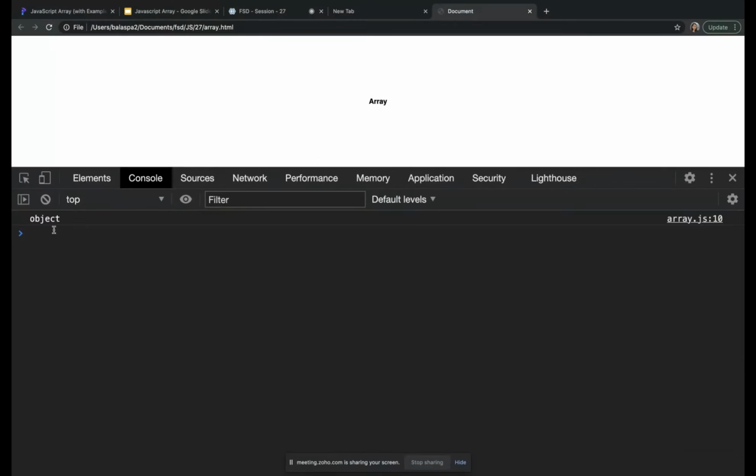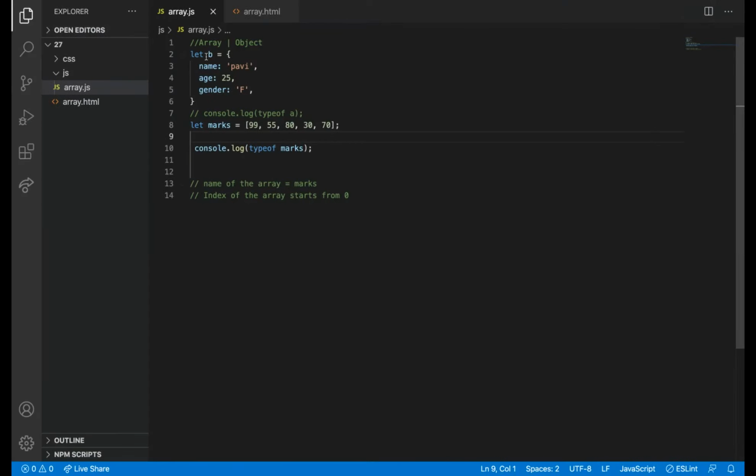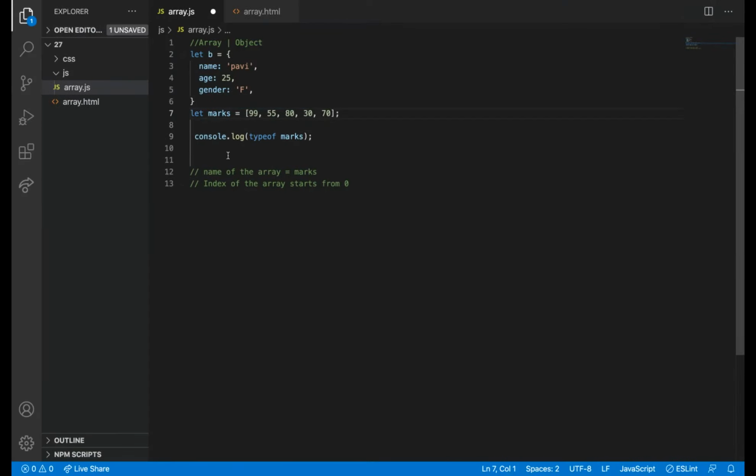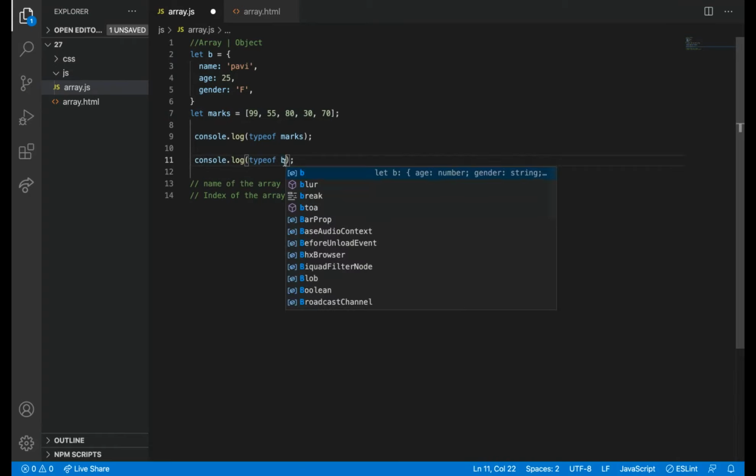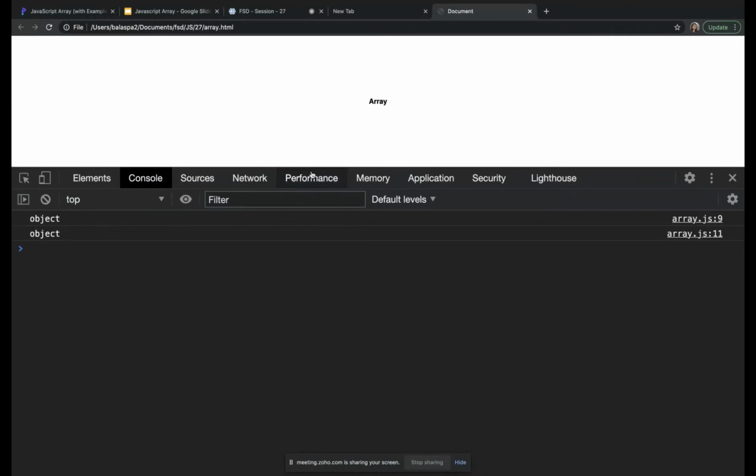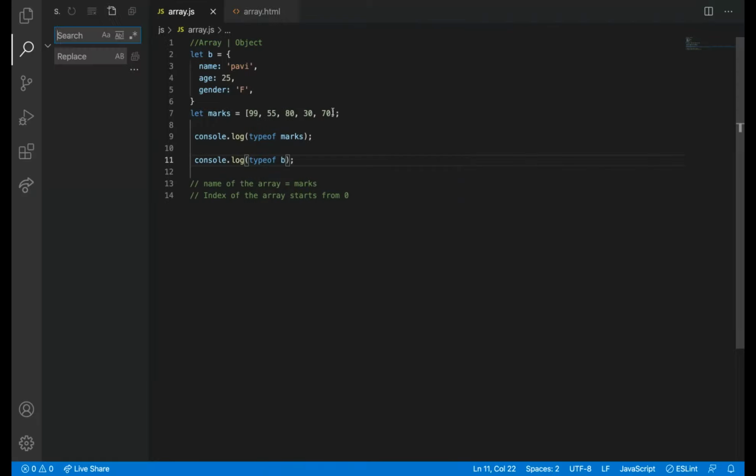So what it is saying is object. So if I put console.log for B also, it will say the same thing. So only data type wise, both array and object are the same, but in the definition and the usage wise, it is completely different. So don't get confused.